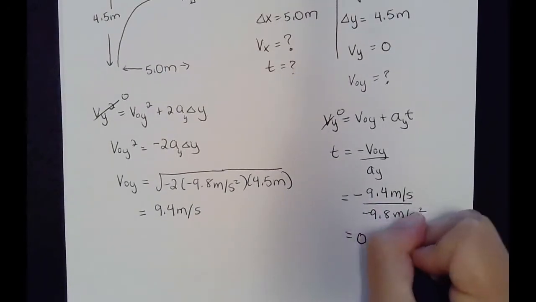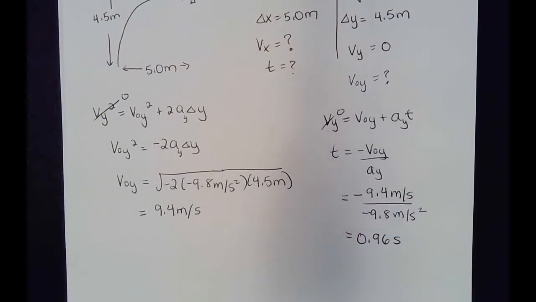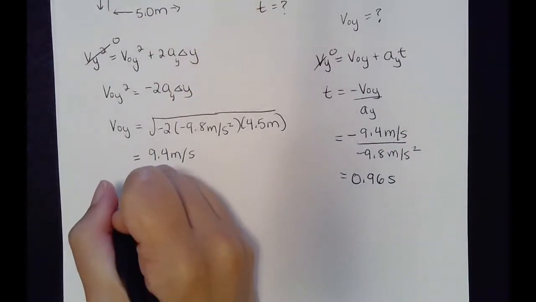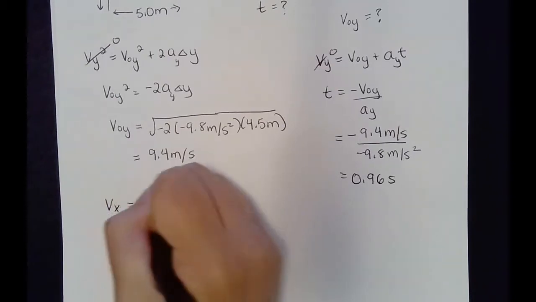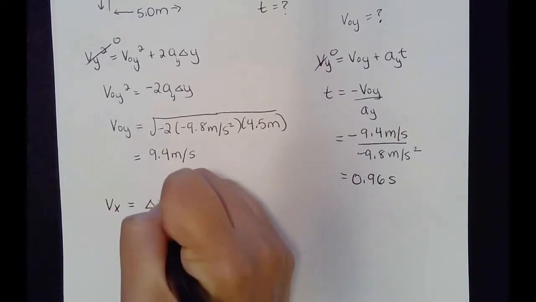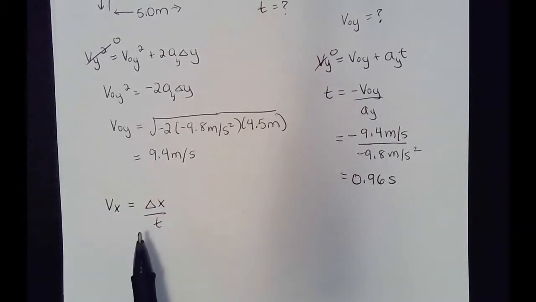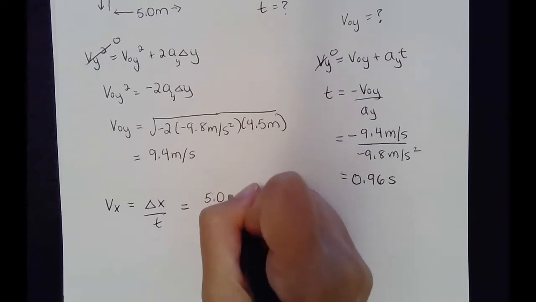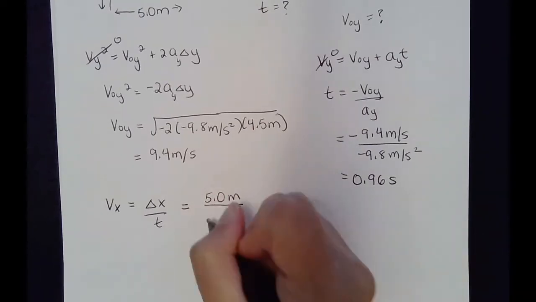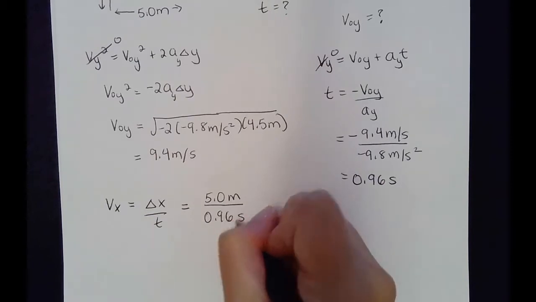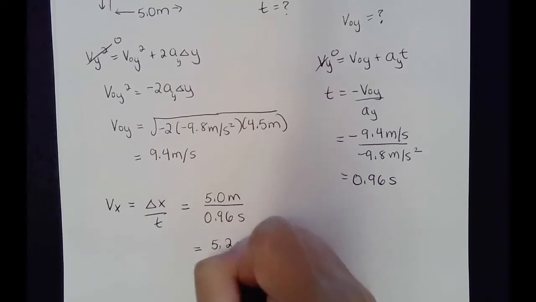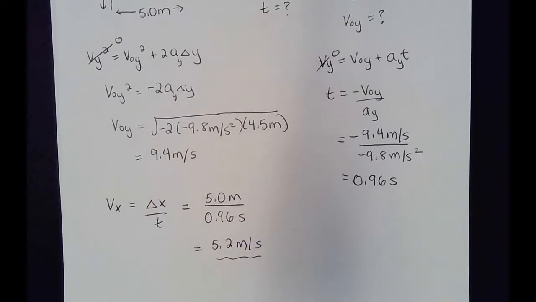So 0.96 seconds. And that's what we needed. Now the last step we can go to is finding Vx. This is the final velocity, which is how fast they go when they hit, which we were asked for. It's also the initial x component of the velocity since it's constant. So 5 meters over 0.96 seconds gives 5.2 meters per second, and that's our answer to how fast the pebbles are going when